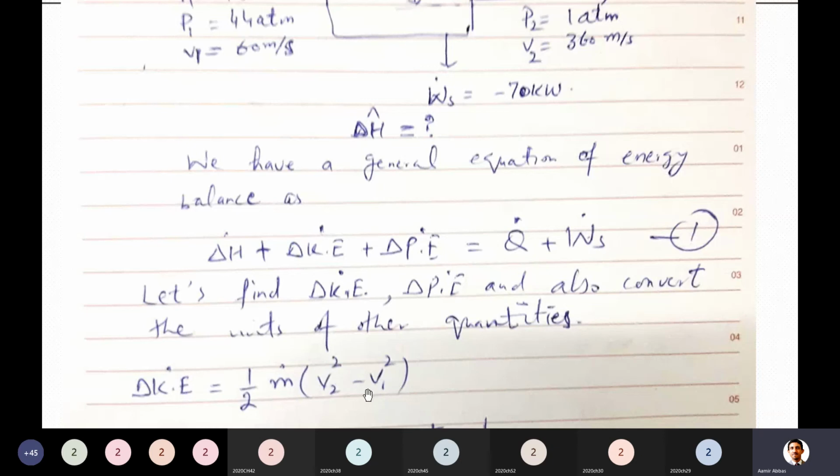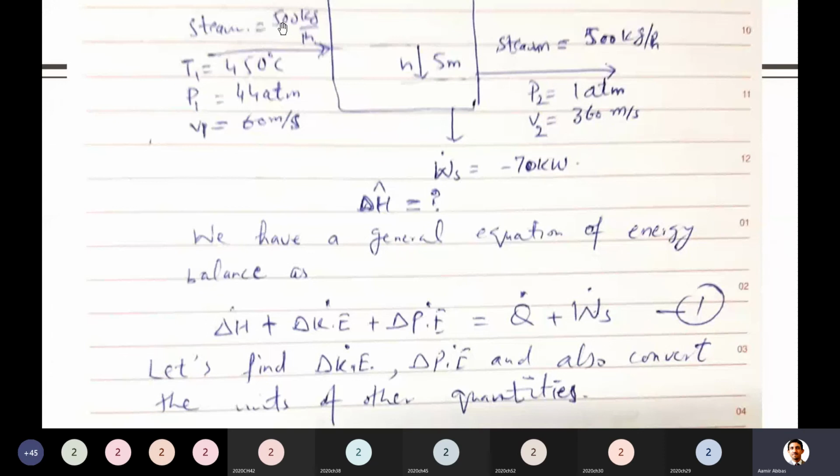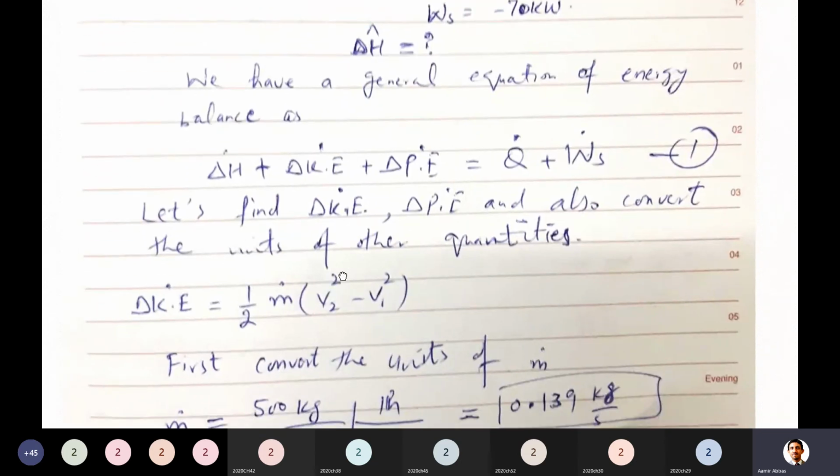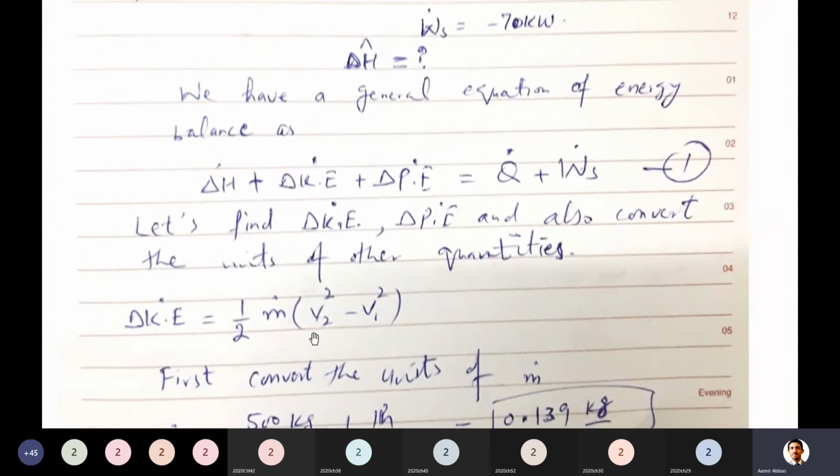But guys, remember please, in the next question maybe there are different flow rates, so when they are different you have to include all those separately, calculate them, and then simplify the equation. Remember this kindly, because students make mistakes in the question which you solved. You took it as common because my flow rate is the same here. It is 500 kg per hour at the outlet and inlet, so it will remain the same.